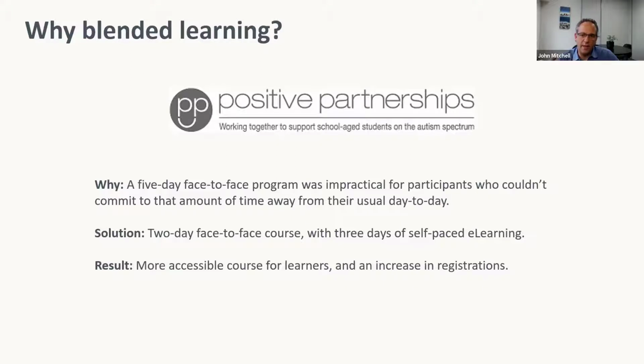So the software that they used is Learnbook. We'll learn more about that later on. In terms of the content they created, they use Articulate Storyline to build that interactive content. And I mentioned SCORM before: they created the content in Articulate Storyline, saved it in a format called SCORM, and as a result are able to upload it to Learnbook. The content was developed by in-house subject knowledge experts, so they're able to take their existing